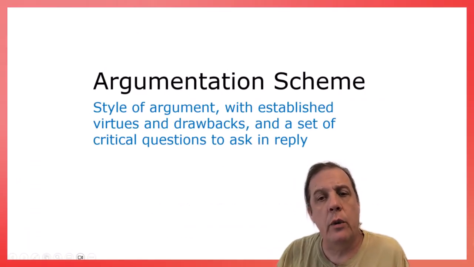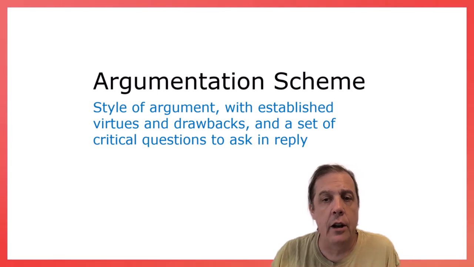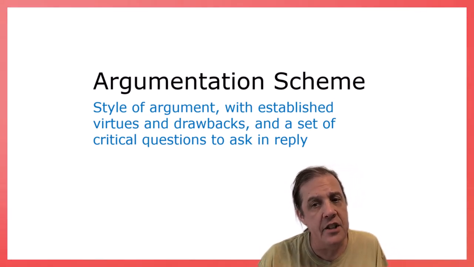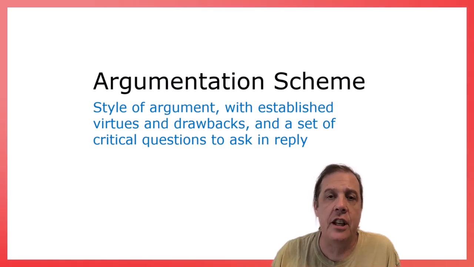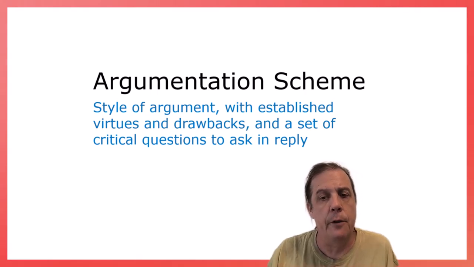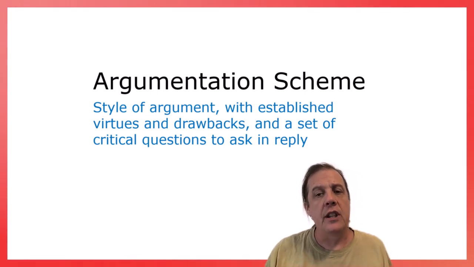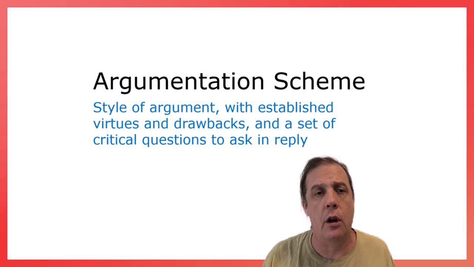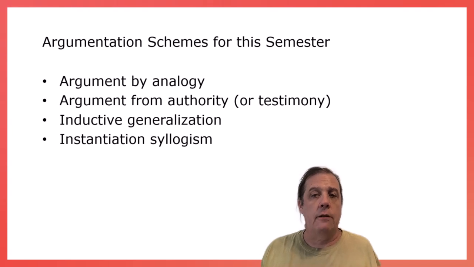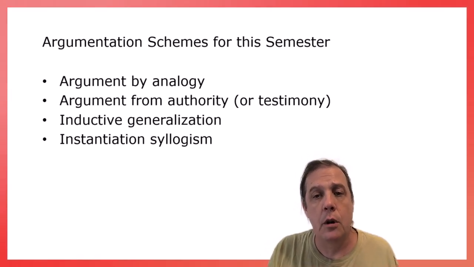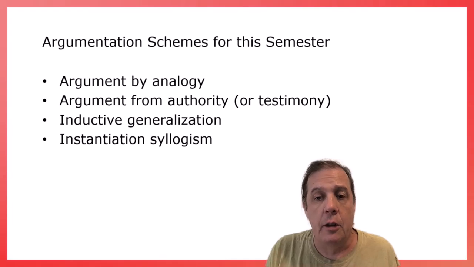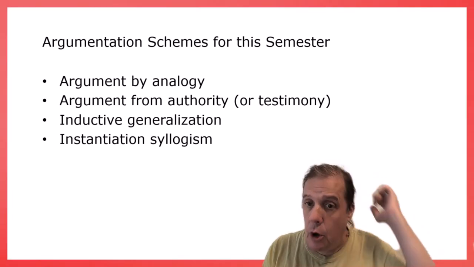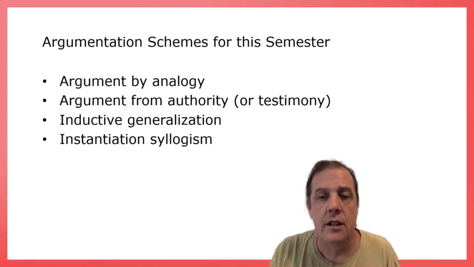The thing that we're going to use when we evaluate arguments is called an argument scheme or an argumentation scheme. An argumentation scheme is an established style of argument that has certain established virtues and drawbacks. You can think of them as subtypes of the standard form that we've been putting arguments in so far. So in this class, we're going to cover 4 subtypes of standard form: argument by analogy, argument from authority, also called argument from testimony, inductive generalization, and instantiation